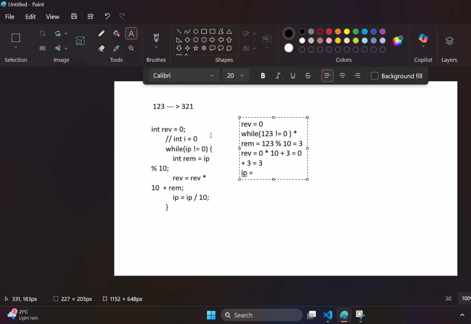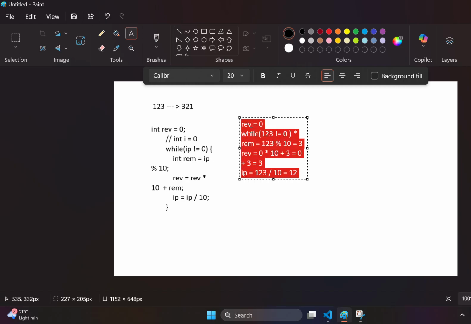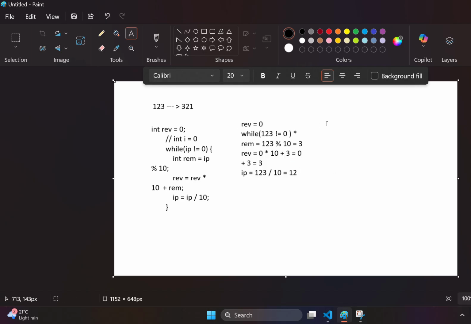What is the initial value of IP? 123, right? 123 modular divided by 10 gives the quotient this time, that is 12. Am I correct? Okay, and these all, no need to paint, I will write here only. Okay, again, now